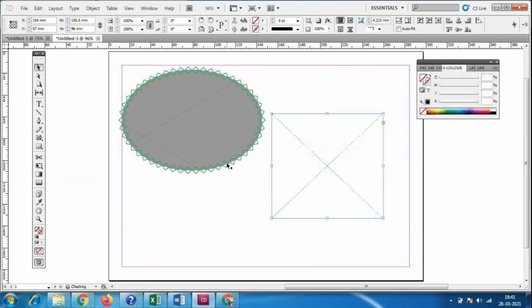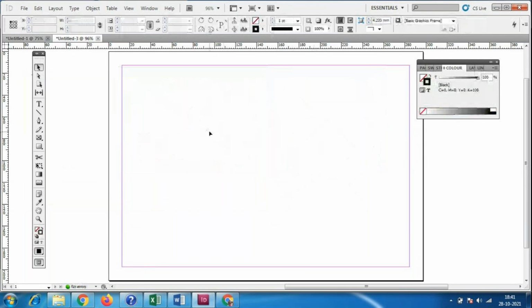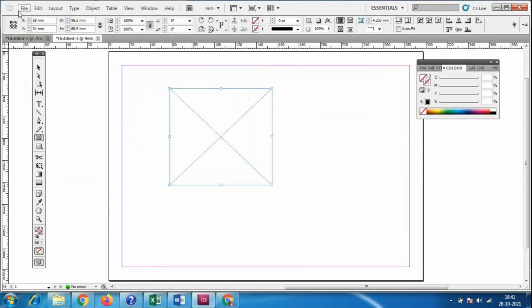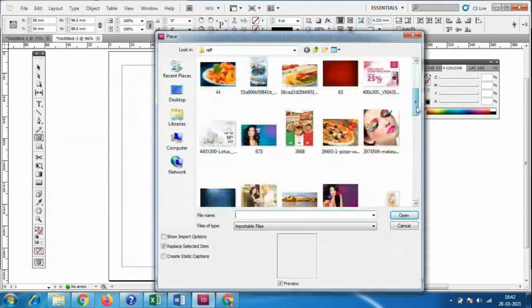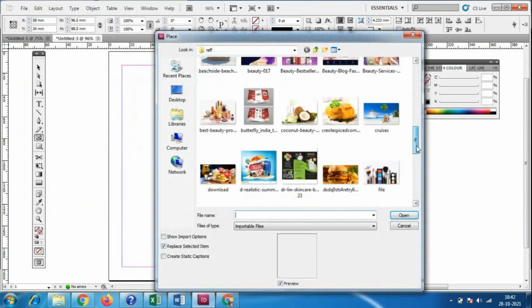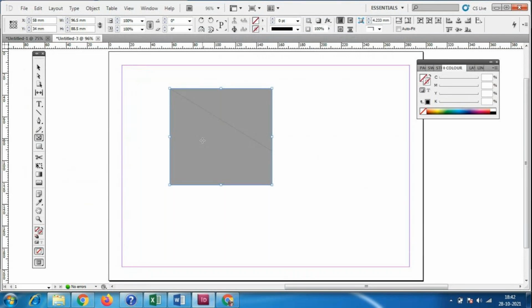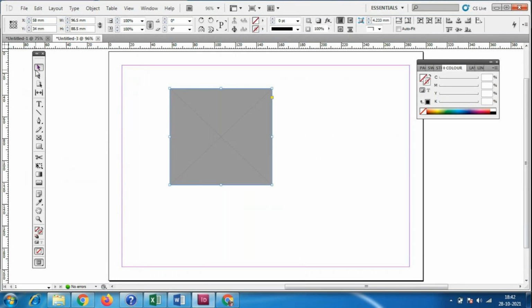See, I have done Control Z, so the image is gone. Okay, so I'll select once again. I'll take this box and file, place, and I will select some image. Okay, I'll close this InDesign file.